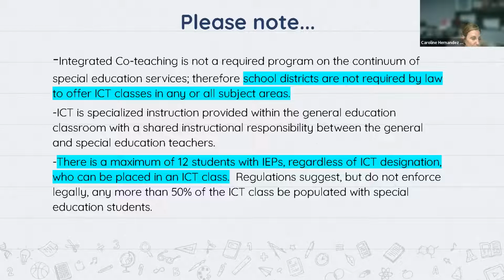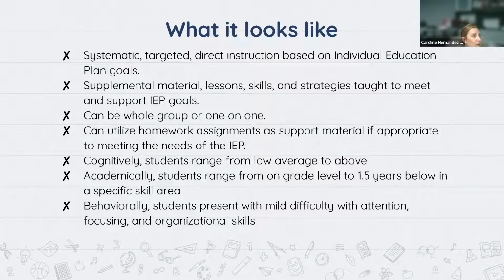And then, of course, we would never want to prevent a student with a disability from taking the course simply because their peers didn't need to take it. So it's not a best practice. We do everything we can to make sure that there's no more than 50%, but it does happen from time to time. And what might it look like?